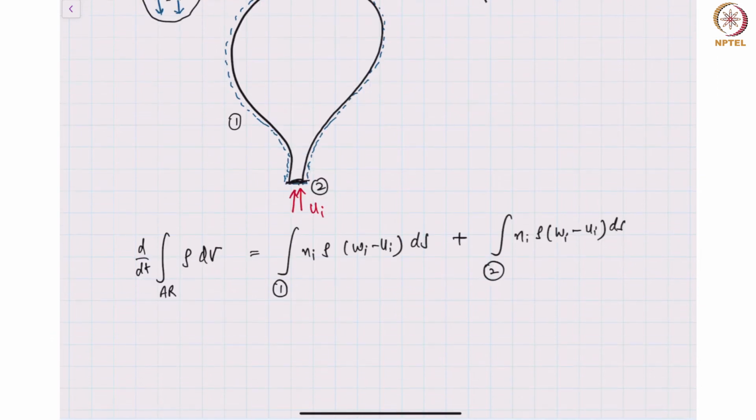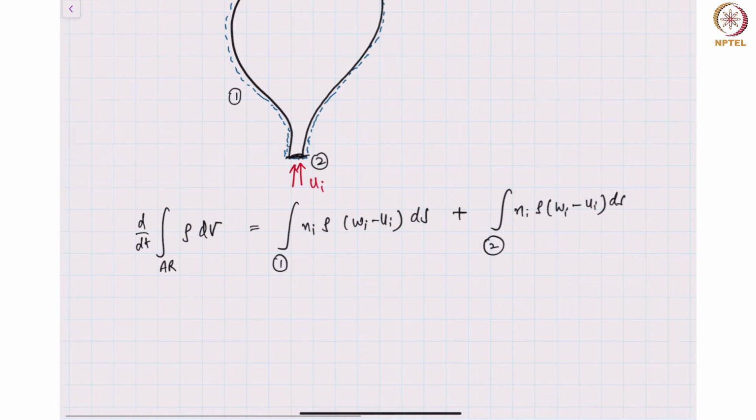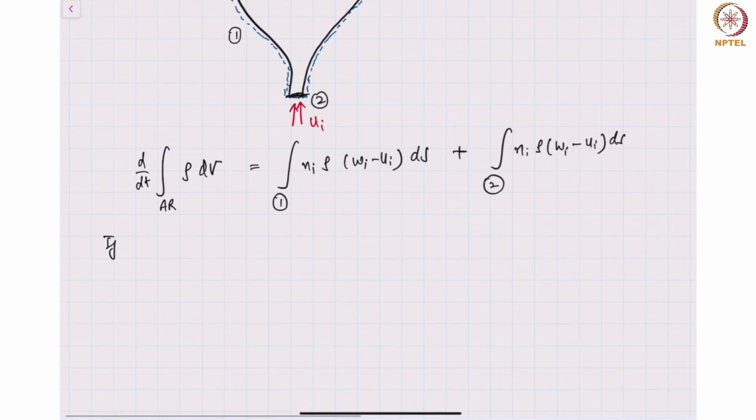Clearly, if the boundary 1 is not moving, this is a general equation. If the balloon boundary is not changing,